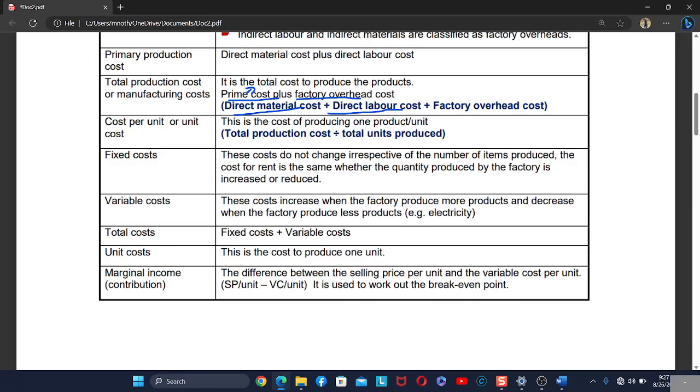And then we have the fixed cost. These are the costs that do not change irrespective of the number of items produced. For example, it can be the rent. For the rent, no matter how many goods you produce, the rent is still the same, right? And then we have the variable cost. So these are the costs that change according to how many goods you have produced. For example, the electricity. Obviously, the more goods you produce, the electricity cost will also increase, right? And then we have the total cost, fixed cost plus the variable cost. Okay,